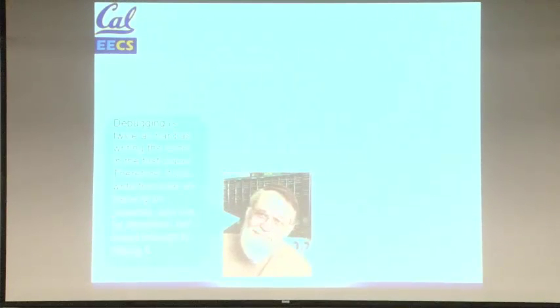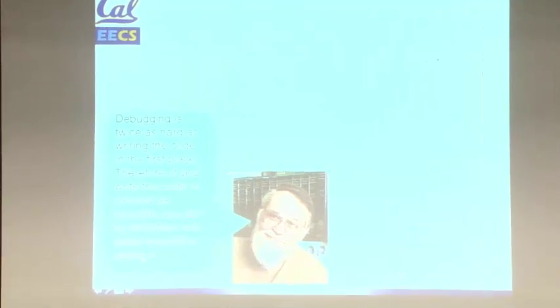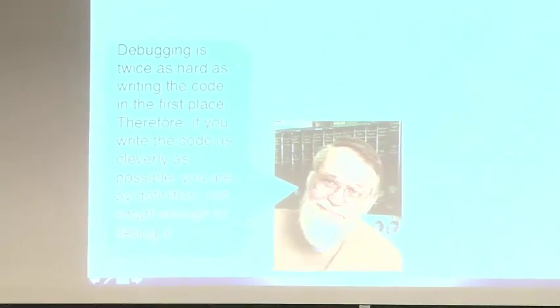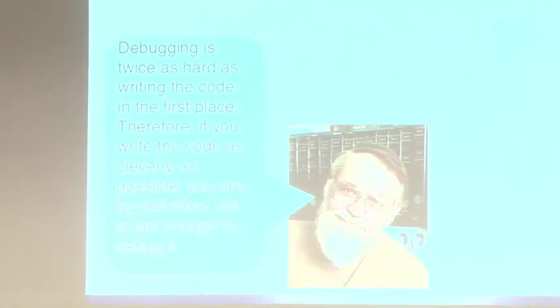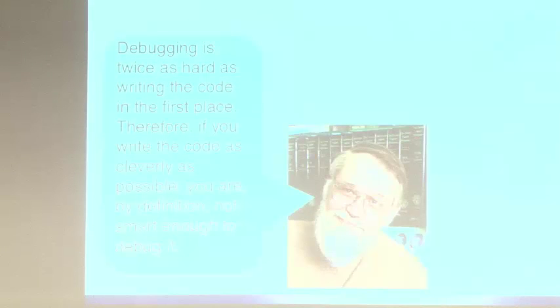Before we do that, a little bit of computer science trivia. Here's a very famous person in computer science who says, debugging is twice as hard as writing the code in the first place. Therefore, if you write the code as cleverly as possible, you're by definition not smart enough to debug it. Anybody know who this famous person is in computer science? Anybody? This is a Turing Award winner. He is the co-inventor of a famous language whose name begins and ends with a letter C. So this is Brian Kernighan. He's a Turing Award winner, co-inventor of C.